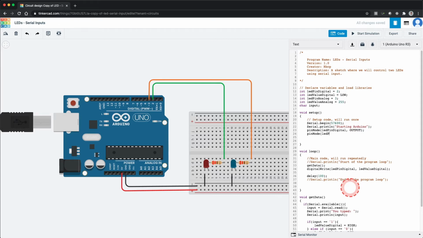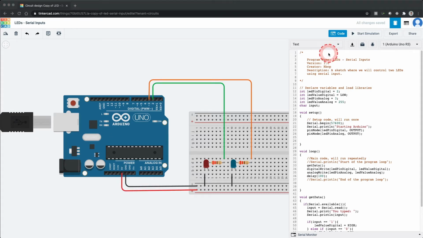Type pinMode(LED_pin_analog, OUTPUT);. In the loop function, type analogWrite(LED_pin_analog, LED_value_analog);. This will turn the LED on or off depending on the value of the LED_value_analog variable.